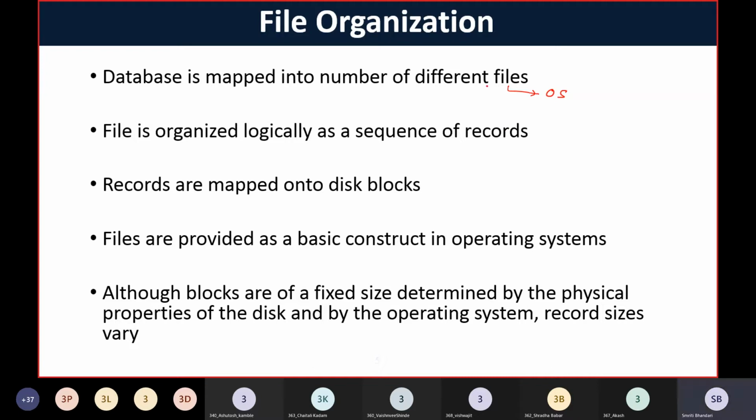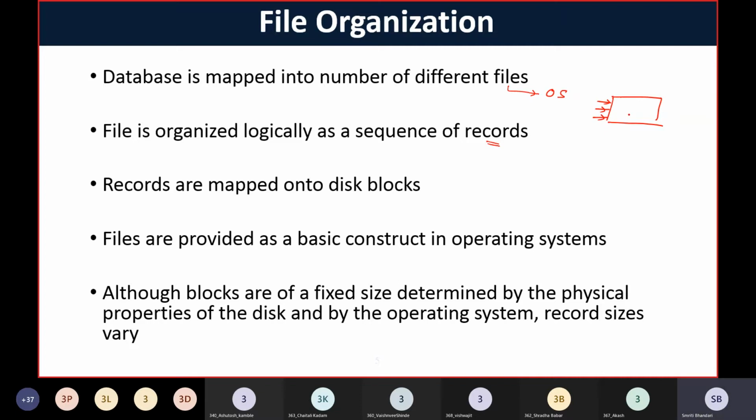Now, if we look at a file, a file is organized logically as a sequence of records. So in a database system, we have a table or a relation wherein we have several records, right? So a file is organized logically as the sequence of records in the database,